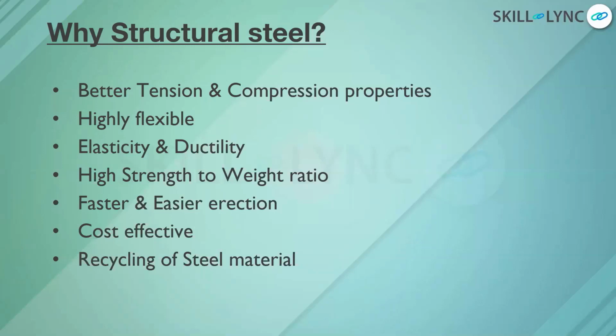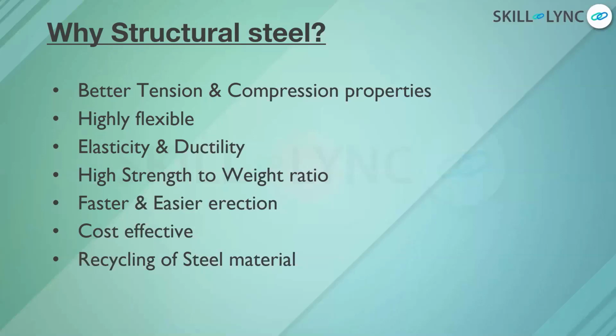Just a brief about why we normally go on with structural steel. IT buildings, high rise buildings or skyscrapers normally use structural steel as their outer frame, with a composite kind of deck slab. That is called a composite structure. The deck slab acts as a slab, and this helps to reduce the dead load of the building, and thereby the height of the building can be increased.